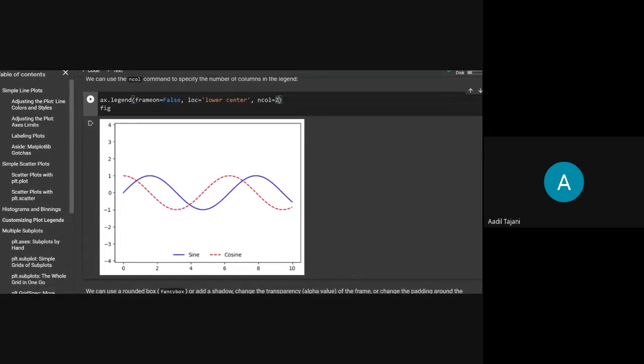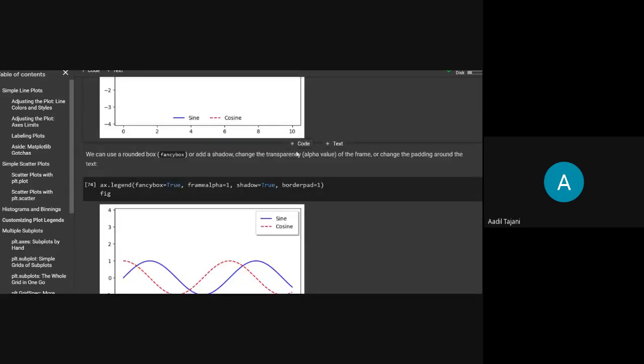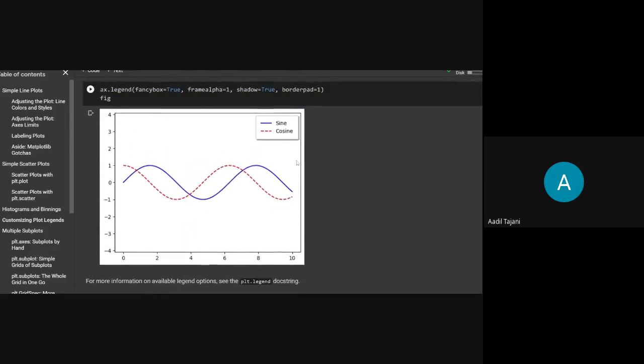By default, it is one column. No matter how many plots you plot, you will get everything in a single column. But if you mention ncol as two, then you'll get the whole legend in two columns. These are just attributes that you can find in the documentation also.